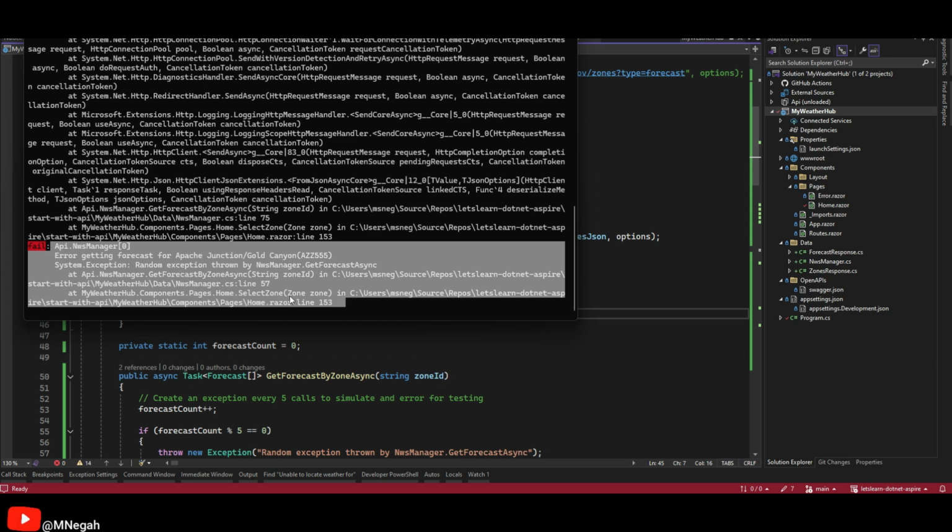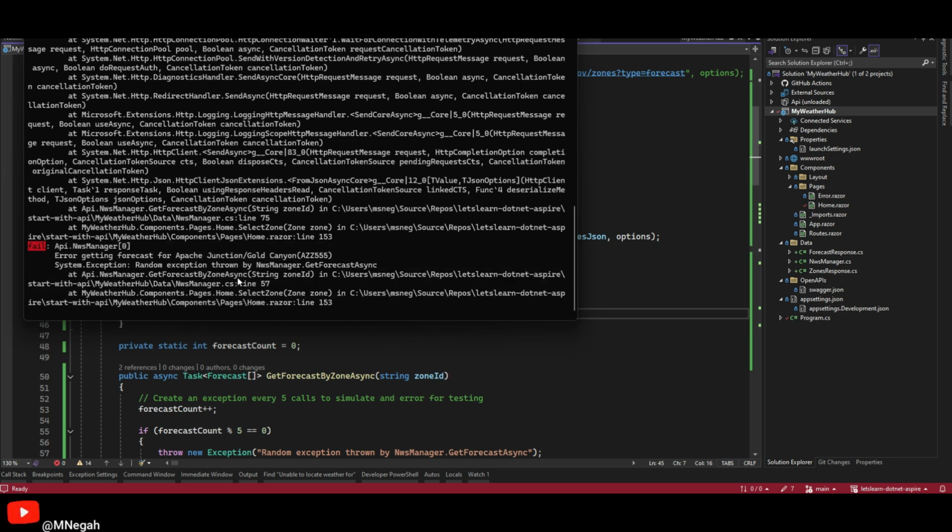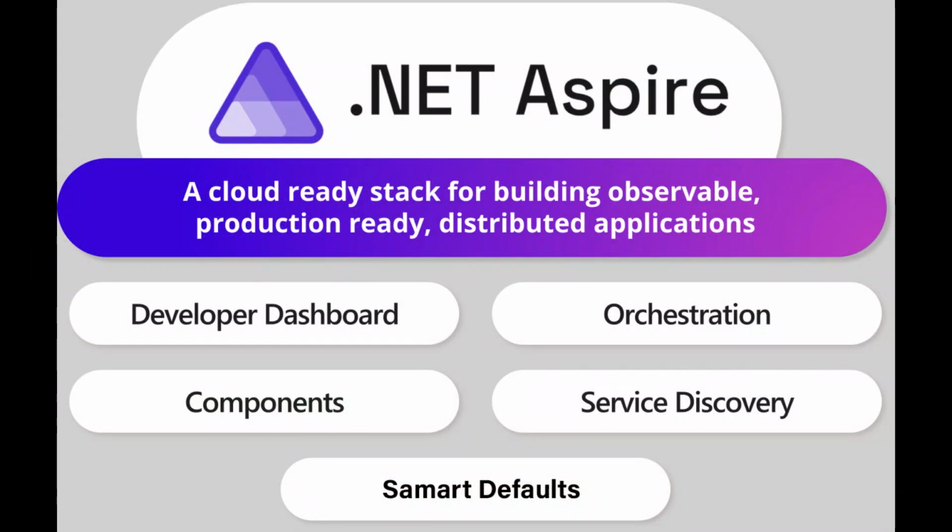Since it's just me running it, I can easily find where the error occurred and fix it. But that's not practical in a larger environment. When you start scaling up an app, you need to handle errors properly and ensure that the app is resilient. So let's talk about how we can make improvements.